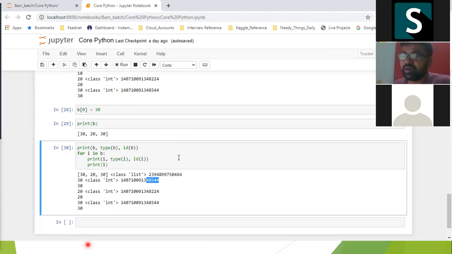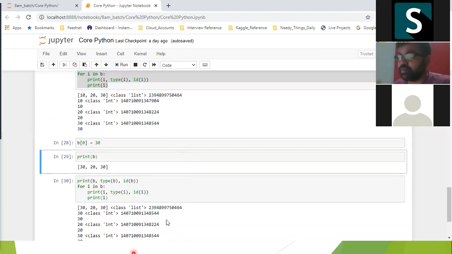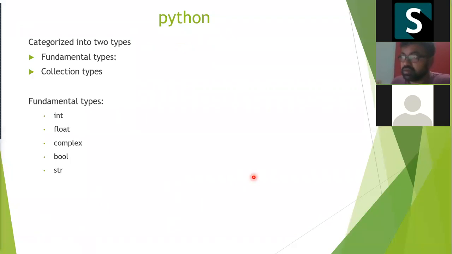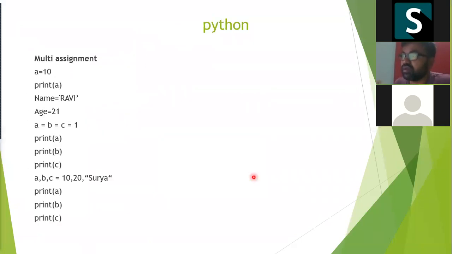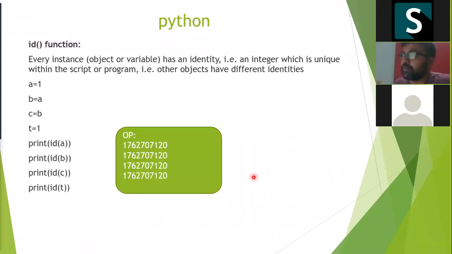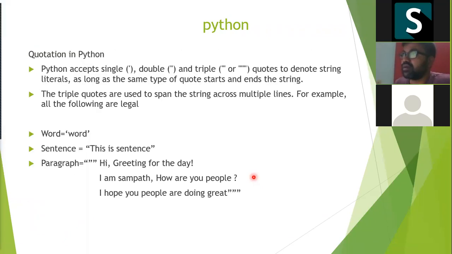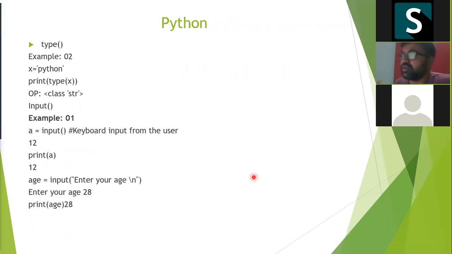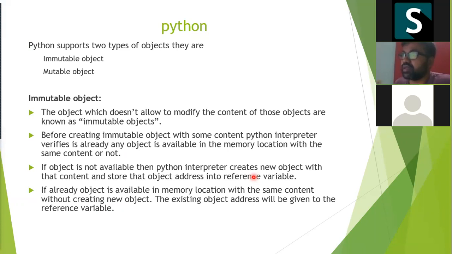So we can alter the object, we can reassign another value, we can delete it. I'll show this with more clarity. Just a second. Integer, float, complex, bool, and string are the fundamental data types, meaning basic data types. I'll come back to the previous slide after showing this immutable and mutable example.